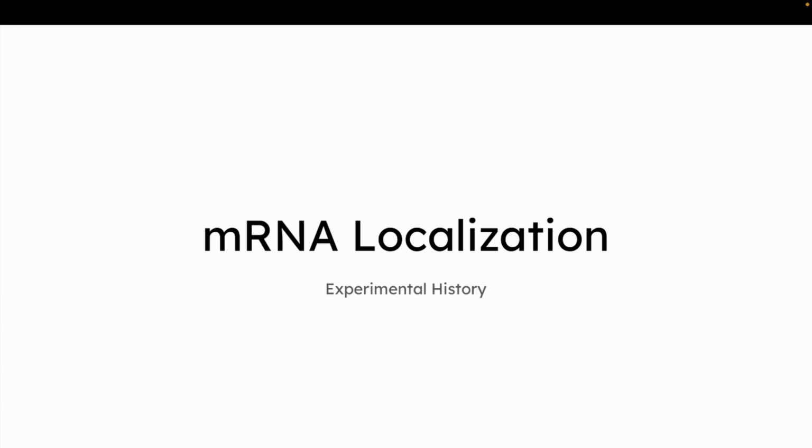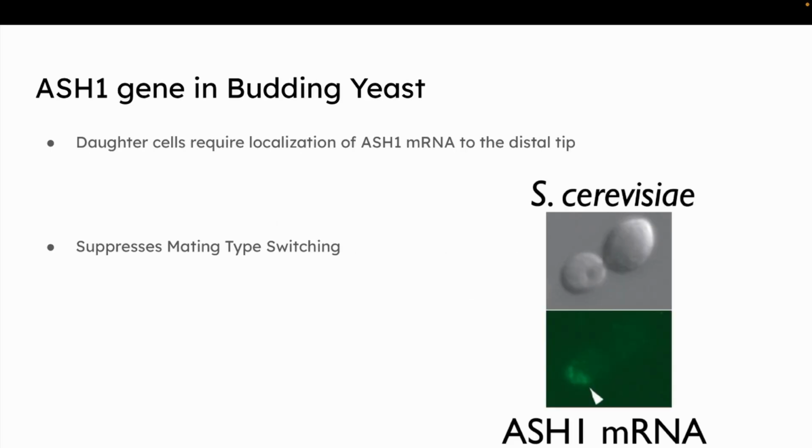All right, today I'll be talking about mRNA localization and specifically its experimental history in budding yeast. So first we want to look at the ASH1 gene. And this gene is pretty essential for separation of the daughter cell because you can see that this daughter cell requires the localization of this mRNA to